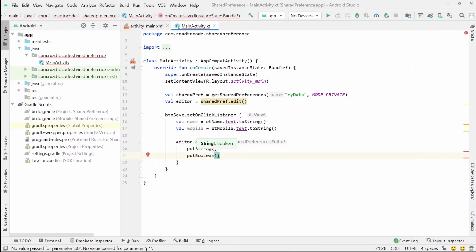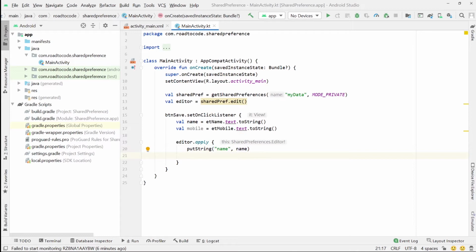It is totally based on the data type of our data. In this case we will store a string, so I am using the putString method, and the first parameter will be the key of the data. So we want to store the name, and the second parameter will be the value. Again, it is the variable name.